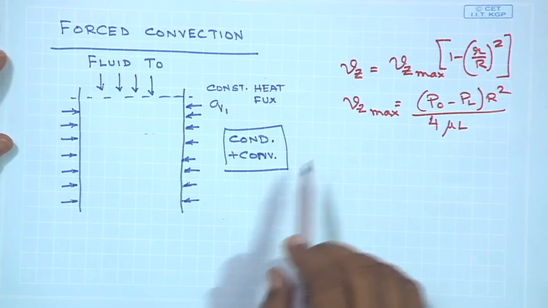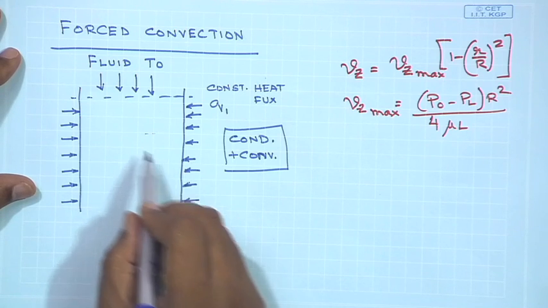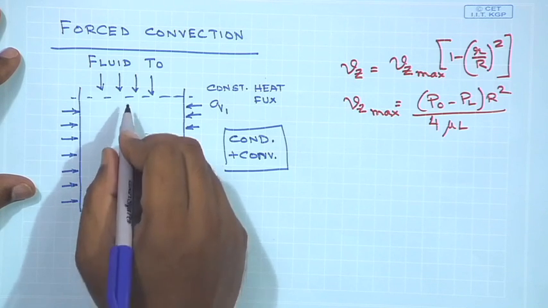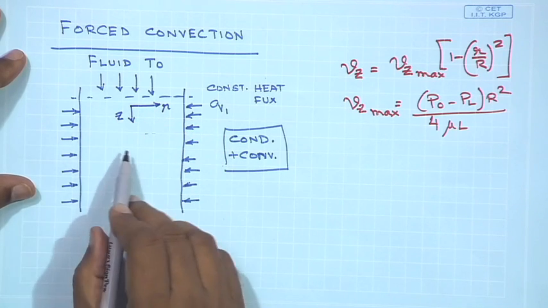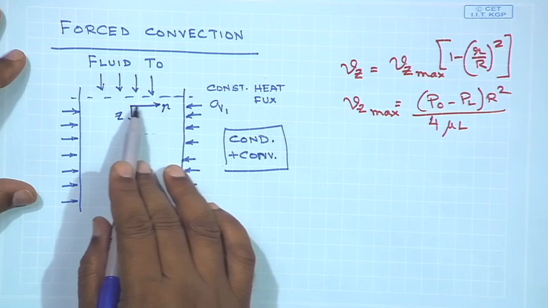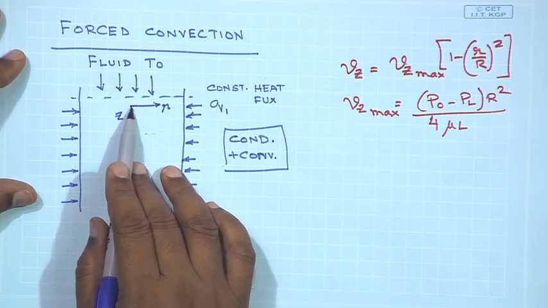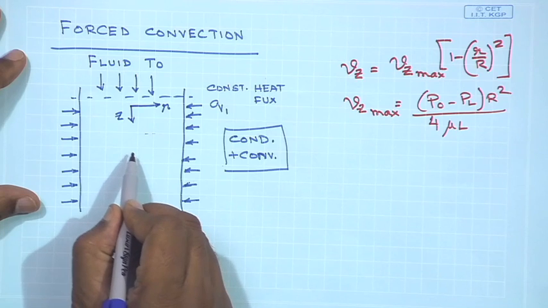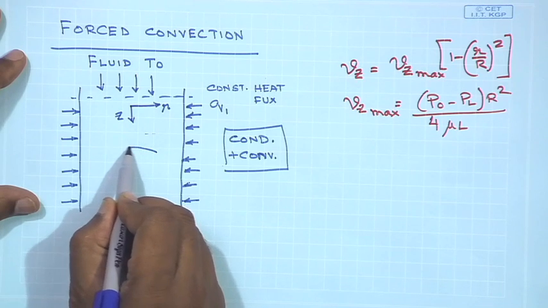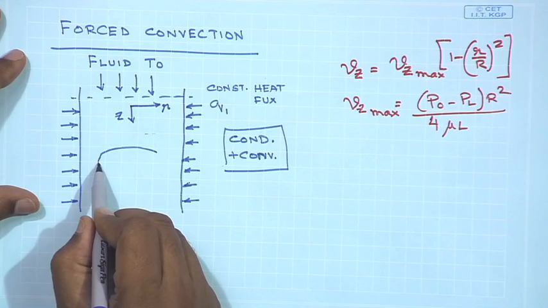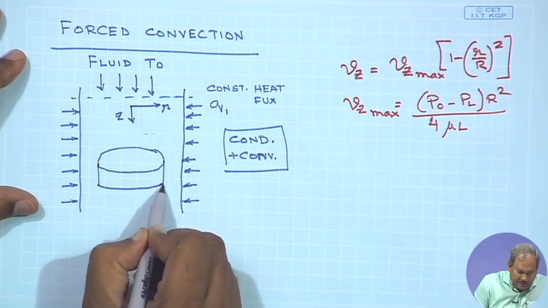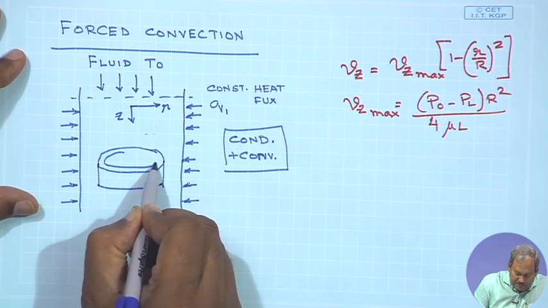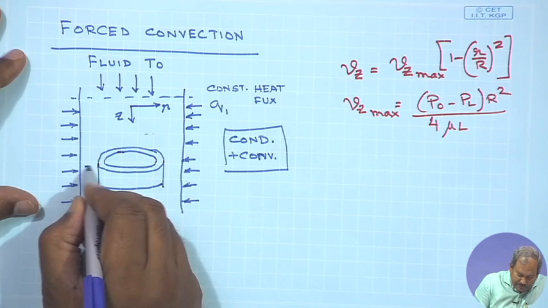So, looking back at this figure once again, since it is a case of conduction and convection, the temperature varies with Z. So, this is my R direction and this is the Z direction. Here we see that the temperature varies with R and the temperature varies with Z. So, if I have to assume a shell for our balance, the shell will be something like this. The shell is going to have